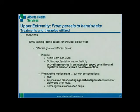So initially, it's very important to do so even if there's no active movement, in order to avoid learned non-use, which is everywhere in the literature right now, and also to optimize neuroplasticity. By activating the muscles in an intensive, speed-sensitive, and repetitive manner, even if there's no motion, we can work on brain plasticity and avoid learned non-use. And later on, one thing that's very interesting with the EMG training is that even once there starts to be some movement in the elbow, shoulder, or wrist, it's good to use in order to avoid